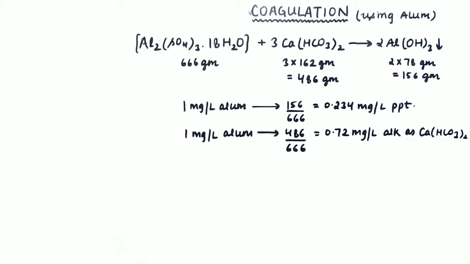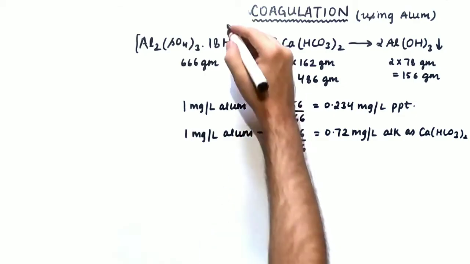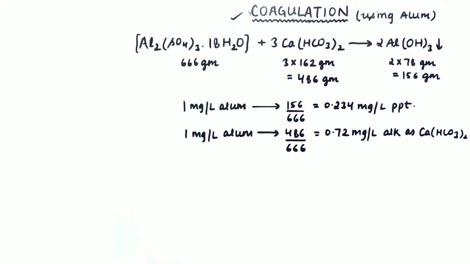So in this video we will be studying one of the very important processes of water treatment in environmental engineering, which is called coagulation. And mostly coagulation is done using alum. Alum is the most widely used coagulant in the water treatment process, and we will be discussing very briefly the theory of coagulation, the formulas that will be used, and then we will be taking up two very good quality numericals.